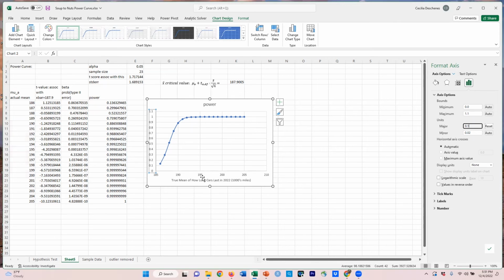And at 195, if the true mean number of miles cars last is around 195,000 miles, this study with an n of 23 and an alpha of 0.05 has like 100% power. So it's saying that if that's what the mean would be, you would definitely reject the null. You have 100% power that you would not keep the null. And this is saying that if the truth was out here at 190,